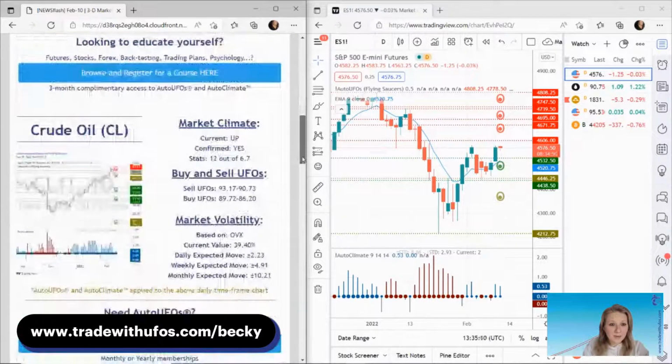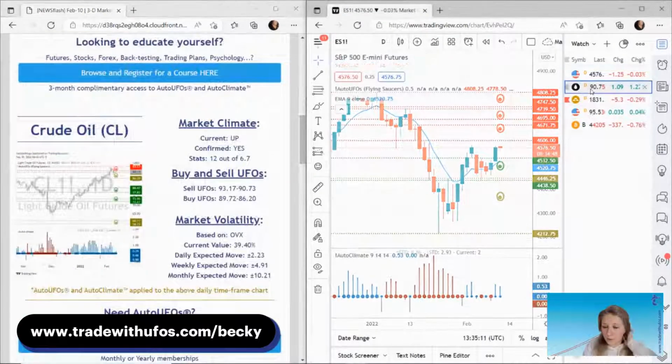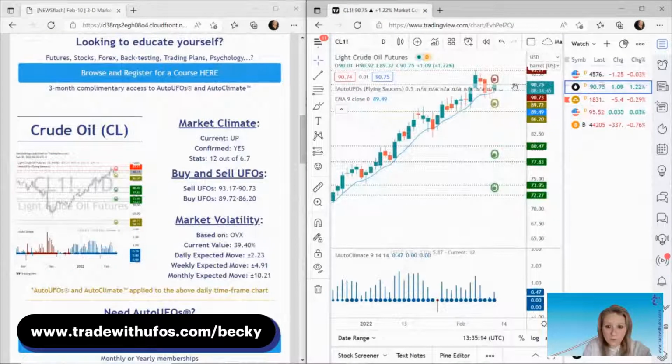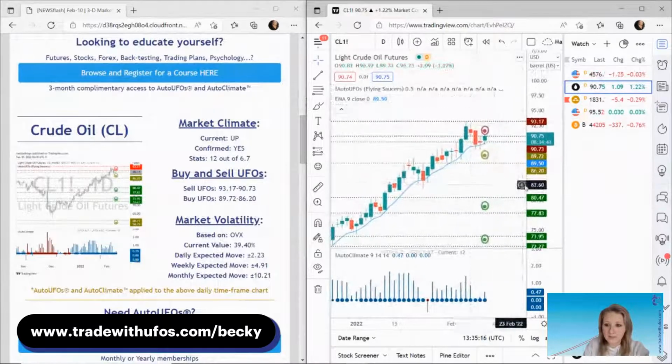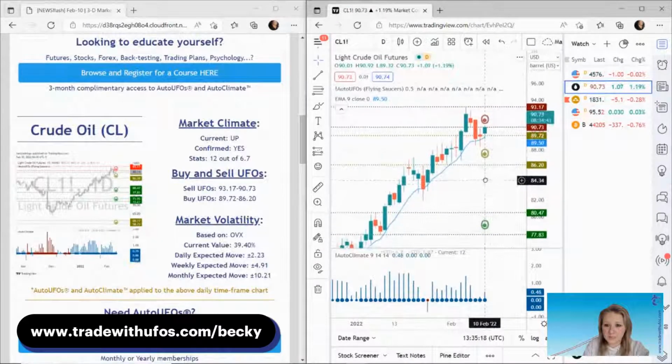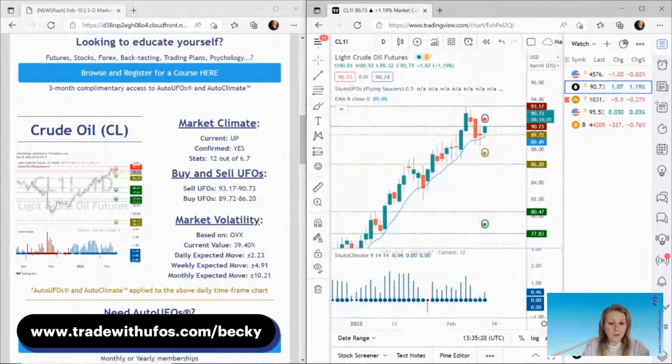Now we'll move on to the next market, which is oil. So let's bring oil up. So with oil, we have sellers for the first time in a while on oil. So let's take a look at this. With oil, we have a thick blue dot, probability upwards. Now, we have surpassed what is normal in terms of a move to the upside. So we've gone further than what would be a usual move upwards. So we've got probability up, but not as much as we'd like.